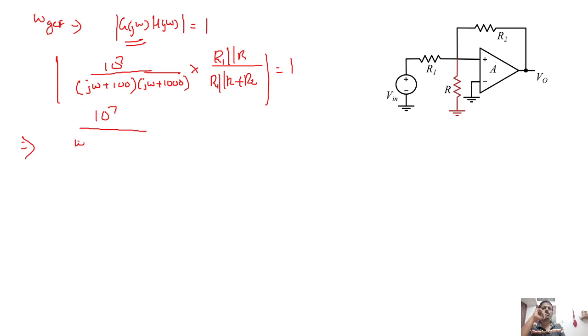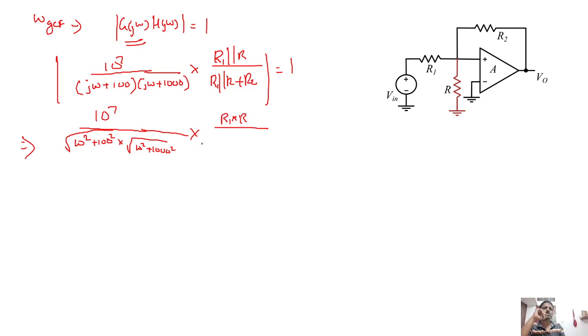So it will be root of omega square plus 100 square into root of omega square plus 1000 square, that into R1 parallel R, so R1 into R, by